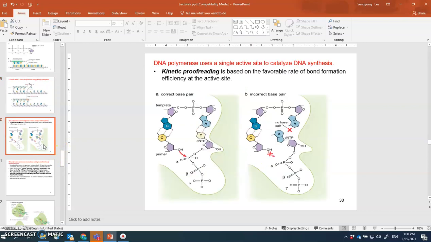And DNA polymerase uses a single active site. That's the site of the enzyme DNA polymerase that catalyzes DNA synthesis. Within that active site, there's so-called kinetic probe reading happening. What it means is, if the incoming nucleotide is the correct nucleotide, it can nicely make the hydrogen bonding, and the phosphodiester bond formation is done smoothly without much resistance, right? That's so-called kinetic probe reading. It fits in very well. But if what's coming in here is the wrong nucleotide, then it cannot